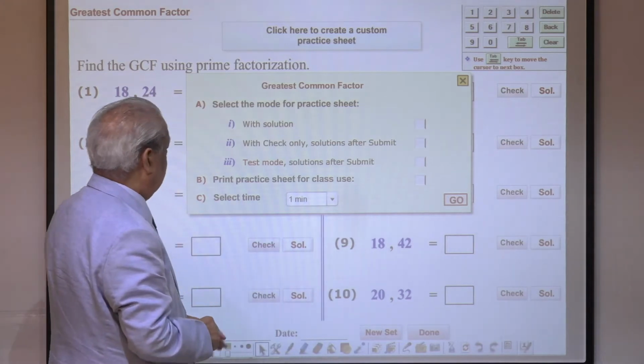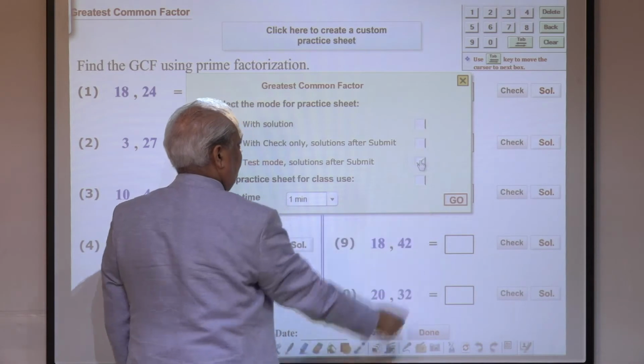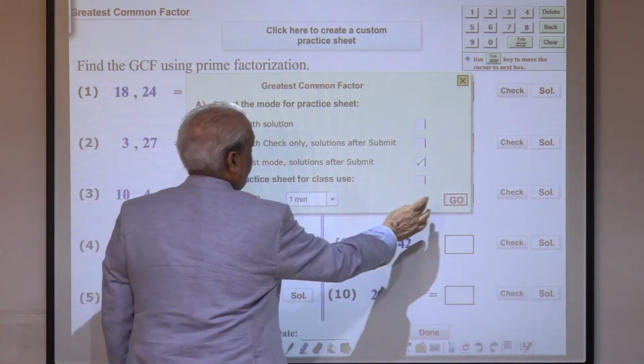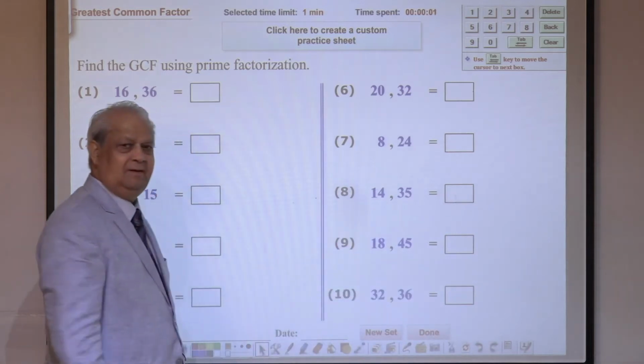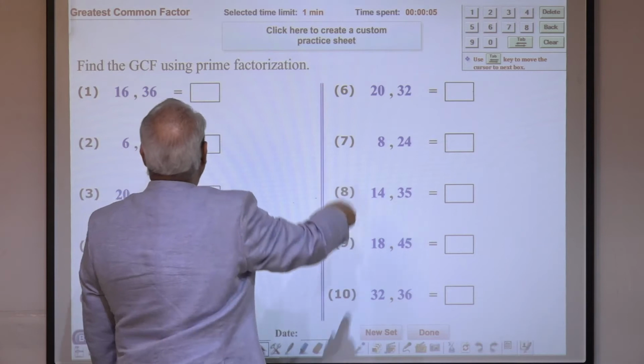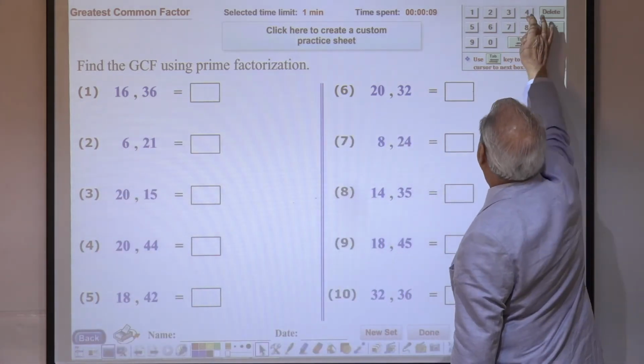Now here, you have set the parameters. I want here in the test mode, 1 minute, and I go. I have time running, being counted, and I quickly answer the questions as I did before.